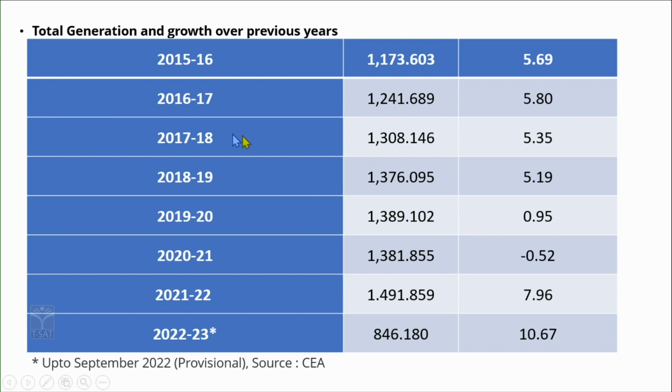Apart from this pandemic year, see the kind of scenario here. Compare the year and the growth rate here. Between 2015 and 16, the growth rate is 5.69. So, this is the scenario and the trend in terms of the growth rate, the amount of megawatts of power being generated every year. Gradually, not only is the amount of megawatts of power being generated increasing, you are also able to observe that the growth rate is gradually increasing, except during the corona period 2021. In the rest of the years you are able to observe a certain growth rate. This is one of the significant aspects, the reason for the negative growth rate, you must be able